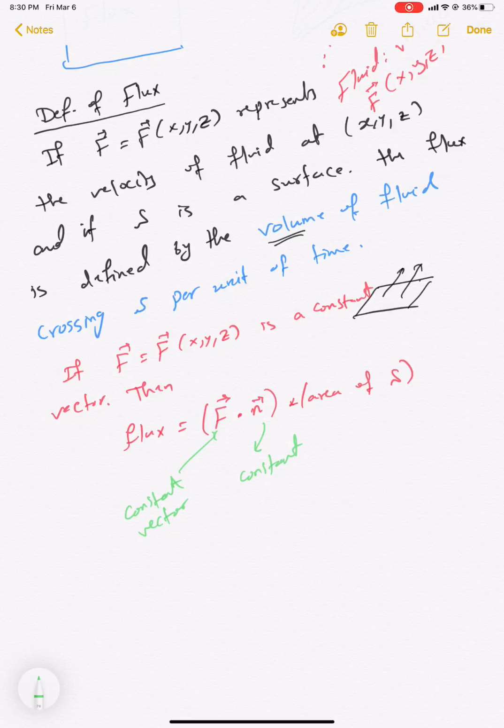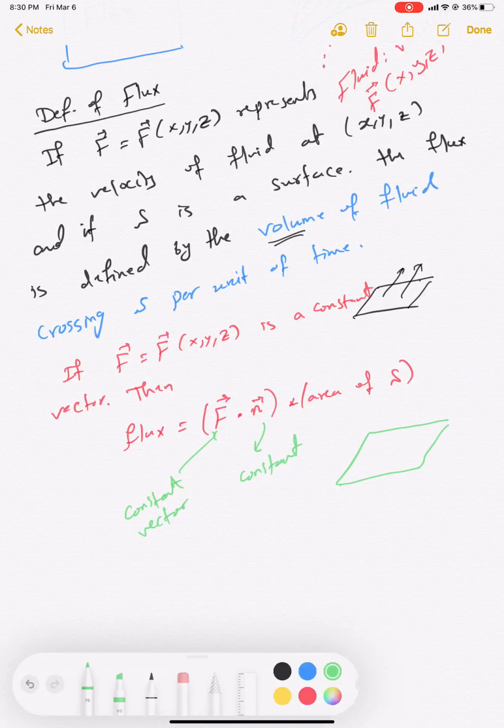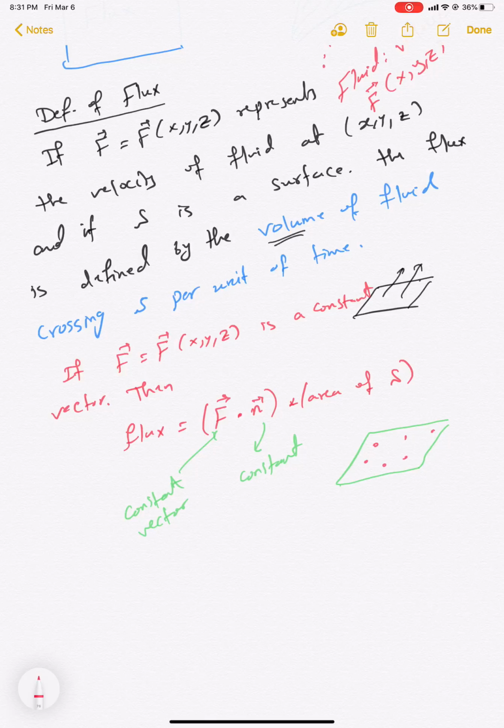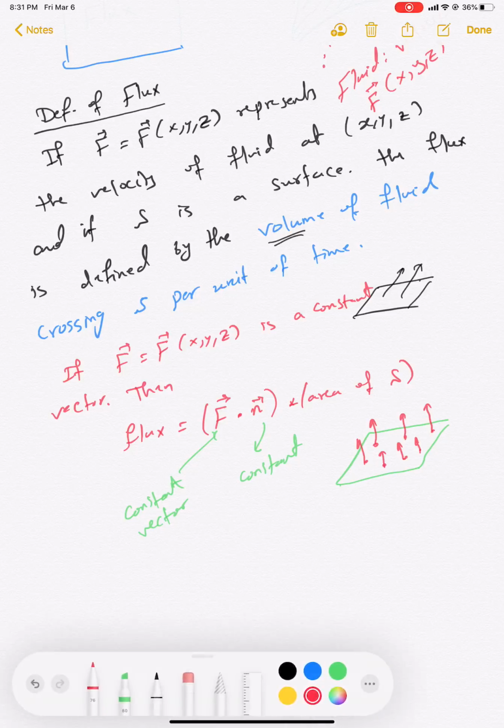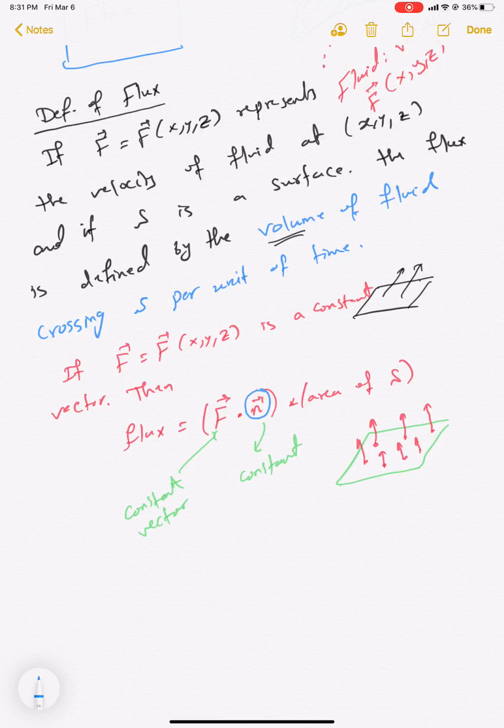So what do we mean by the normal vector to be constant? That means when you draw your surface, you take any point on that surface, you find the normal vector, it has to be the same, in the same direction. And of course, it is very clear that this formula depends on N, so we're taking N as our unit